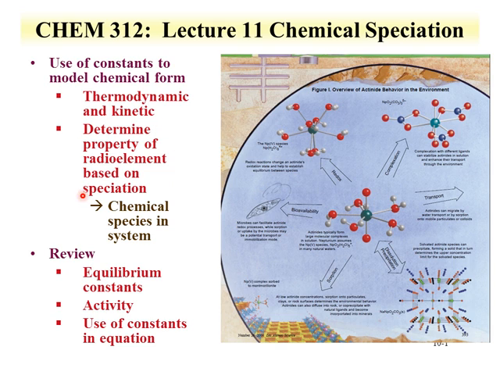With plutonium as an example, the chemical form of plutonium, whether it's a metal, an oxide, a colloid, or an organic, dictates its behavior in the environment or in a process or even as material. So we're really going to focus on chemical species that are involved in a system. This should really be a review of some constants and concepts that were presented in earlier chemistry courses, particularly equilibrium constants and the use of equilibrium constants, chemical activity,